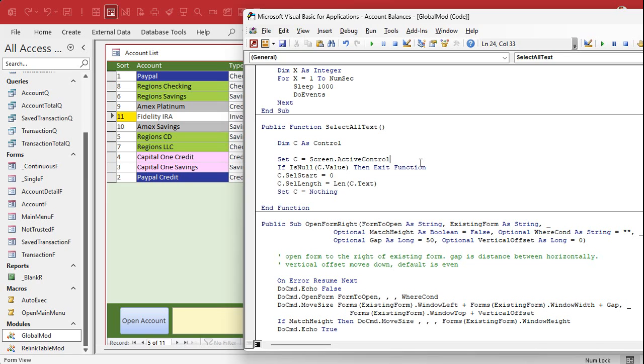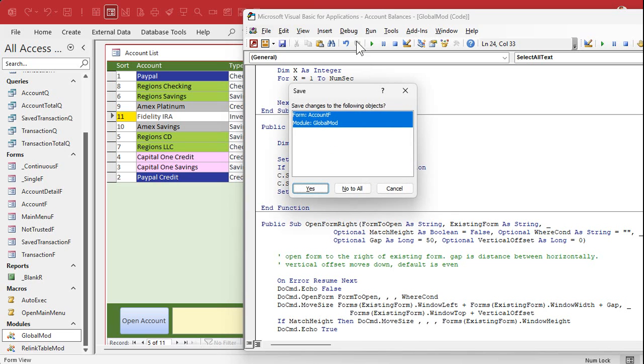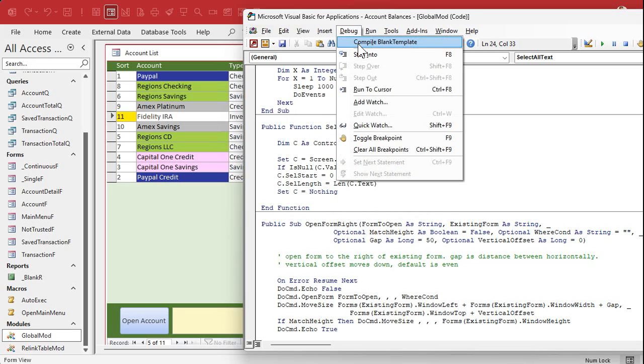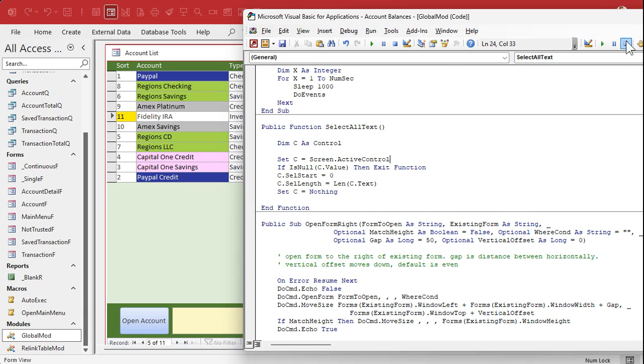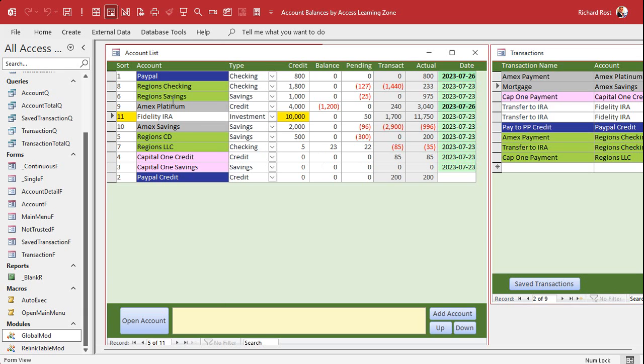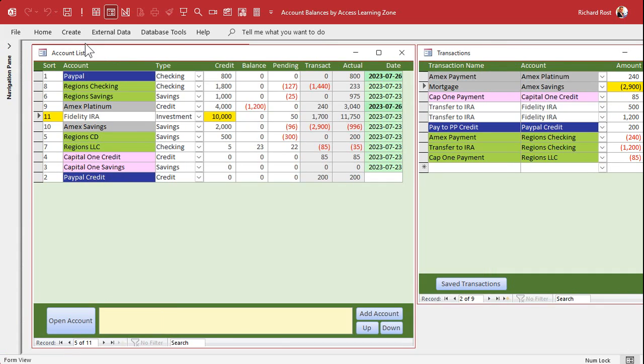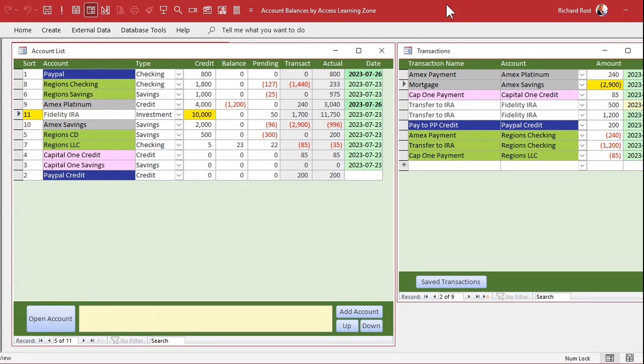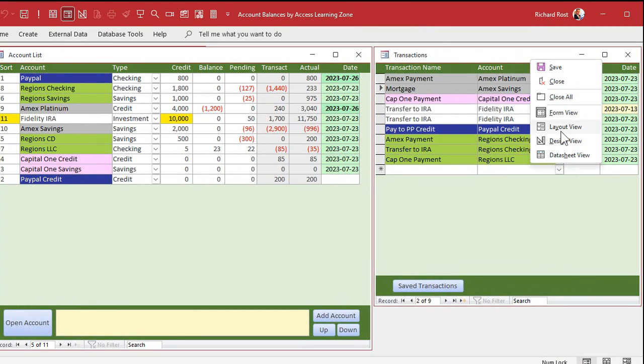Okay. All right, save it. Let's give it a debug compile just to make sure. Once in a while, hit debug compile, checks all the code in your database. And now, let me close this back up here. Are you ready? Slide this over. Oh, we could do the date too over here. So right click, design view,